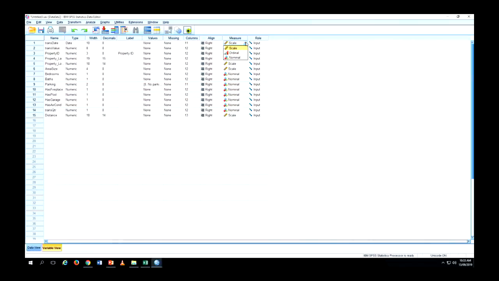So it's like how you want the SPSS to measure your data. So there are 3 types of measurement. One is a scale. Scale means just like the number. And the second one is the ordinal. So the ordinal is more applied to the quantitative, or for the degree of data, like